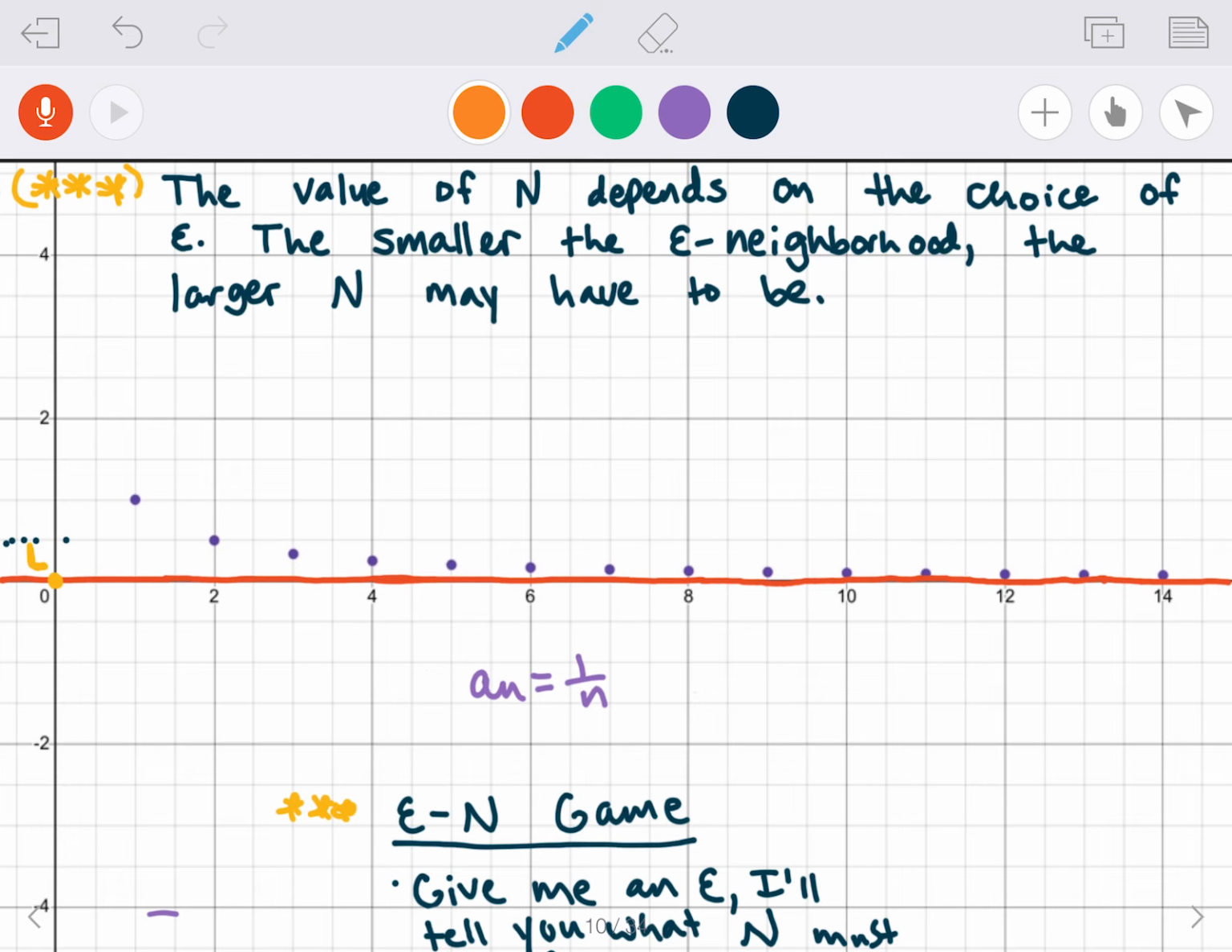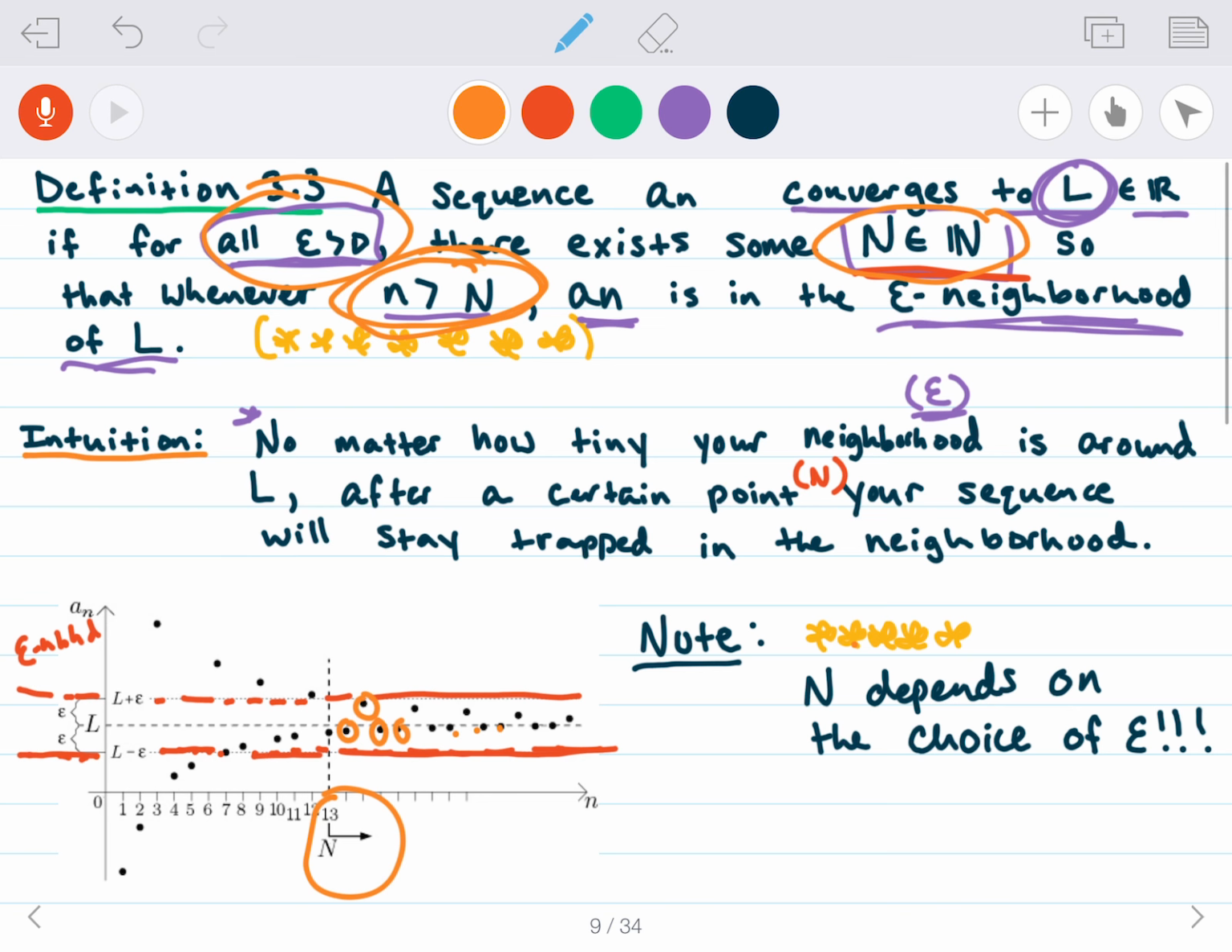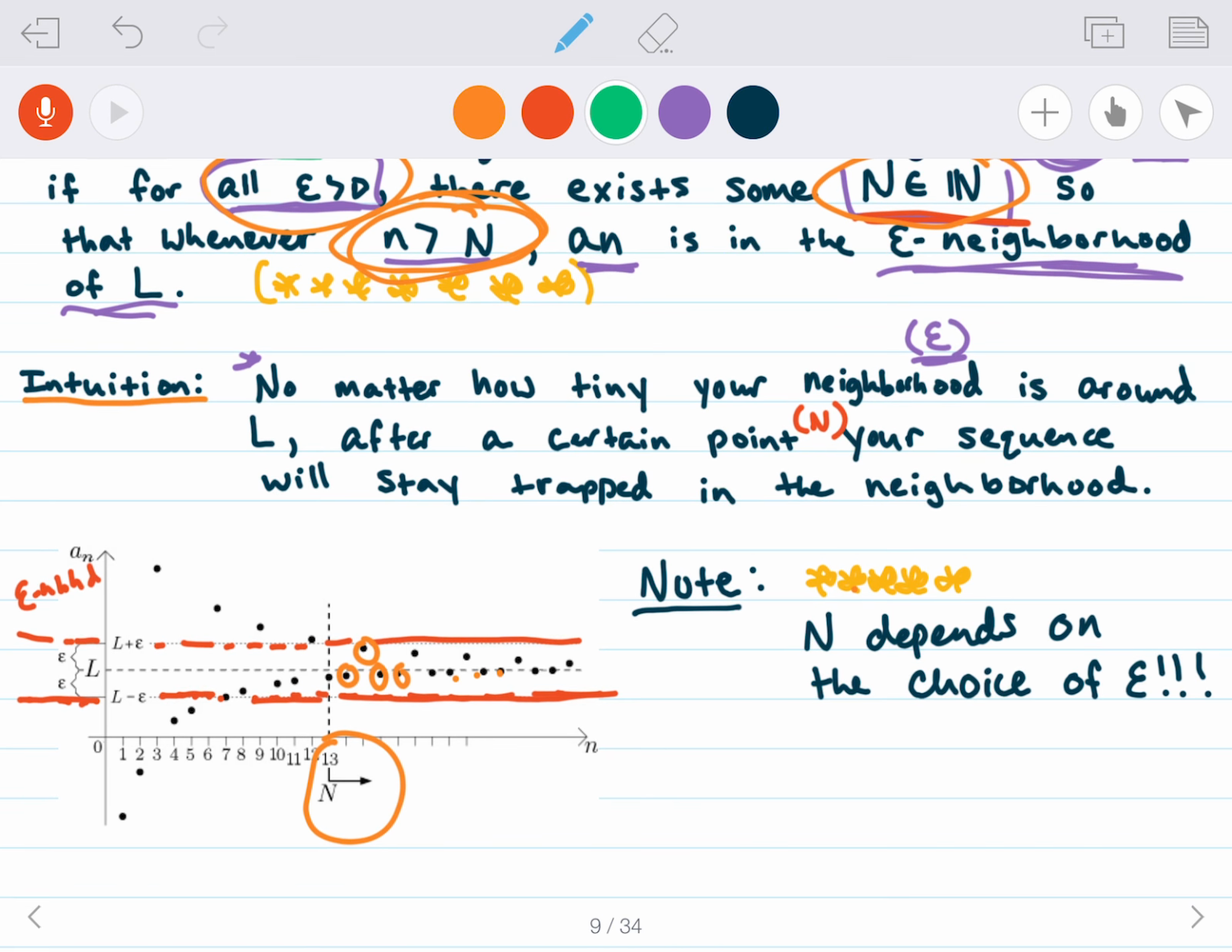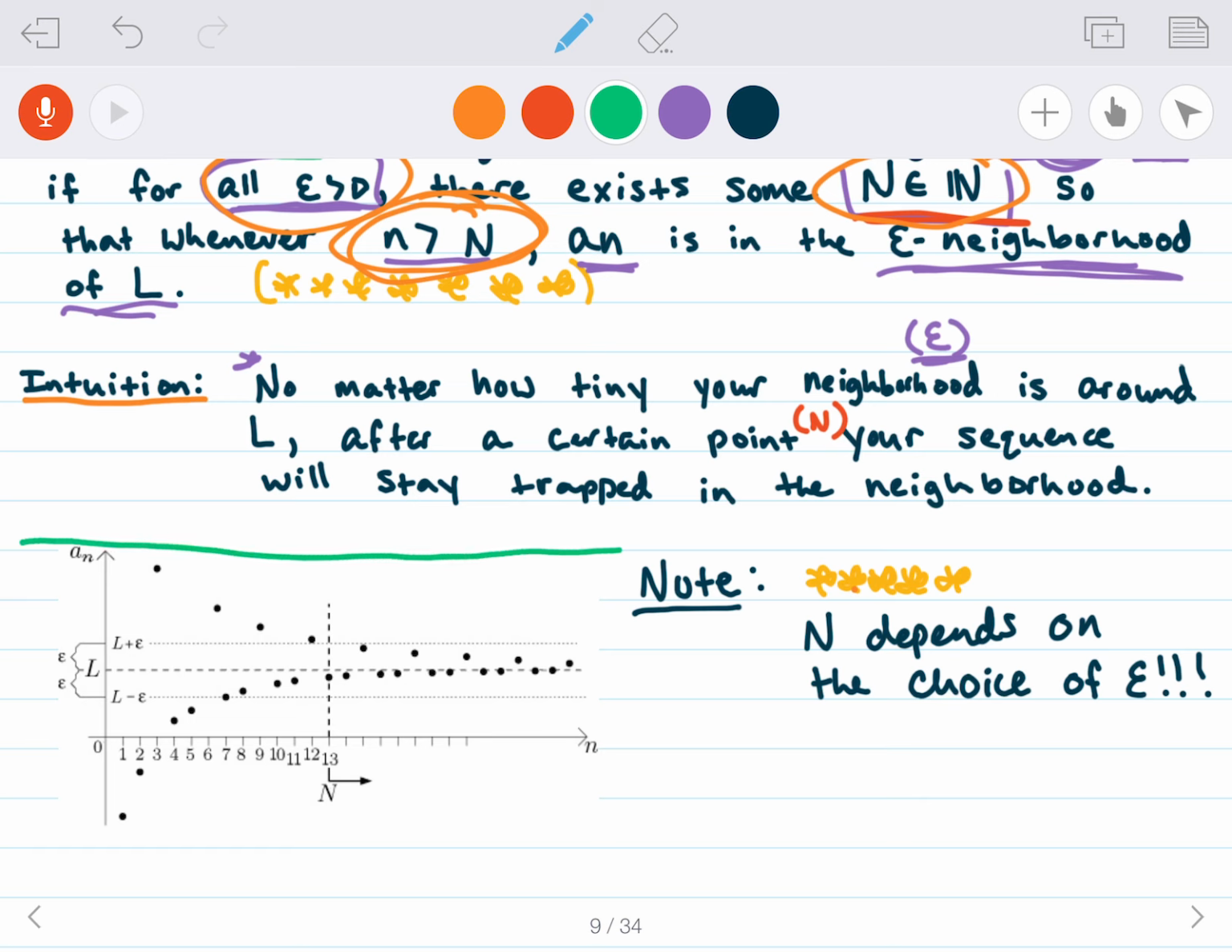So the value, I'm going to keep harping on this. You're probably going to want to skip the video at some point because I'm going to make a big deal about this. The value of capital N depends on your choice of epsilon neighborhood. Look at our picture here. Forget about the red neighborhood. If I chose my epsilon neighborhood to be quite large, something like this,